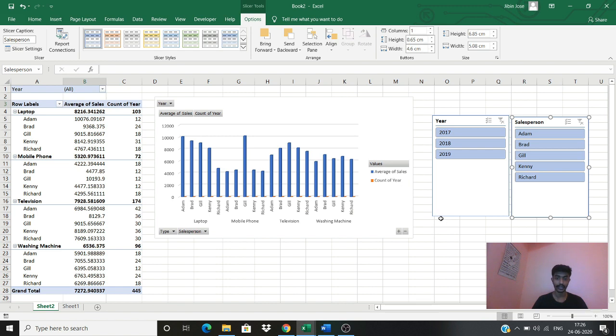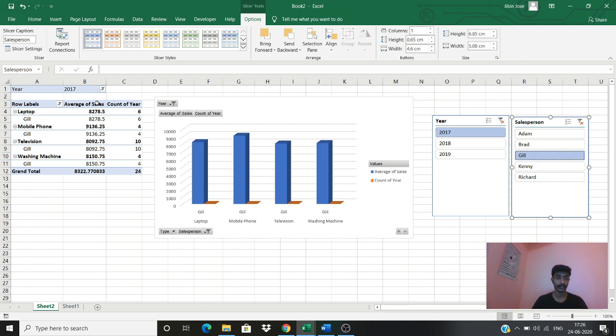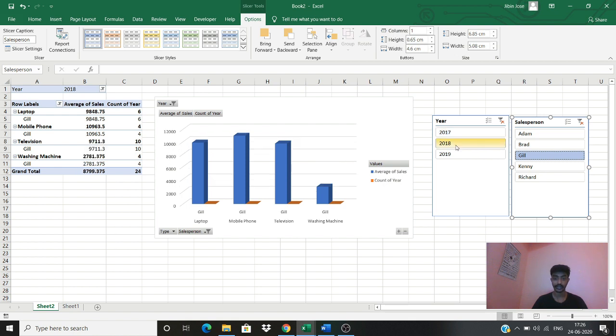And now how can you do the filtration here? For example, I want to see 2017 data of the entire salesperson. You can see that it has completely changed. Now 2017 data of just Gil. So it will show me the 2017 data of Gil here. Now I just want to see the 2018 data of Gil. So I press on 2018, it will show me the data of 2018. Accordingly you can change, like I just want to see Adam's data here.